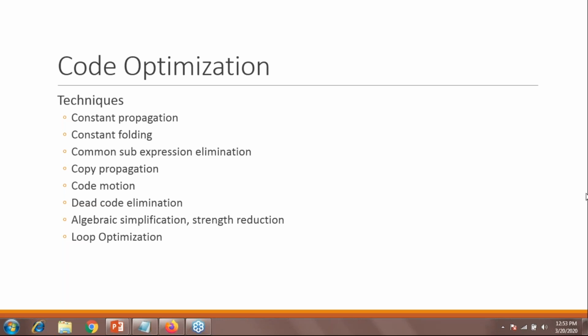Is there any numericals from this topic? Yes, I'll discuss it later. Meet, you just wait for that. So analysis is front end. Yes, you can say that analysis phases come under the front end because they are directly connected with your source code. Okay, I think I'm clear with your question.